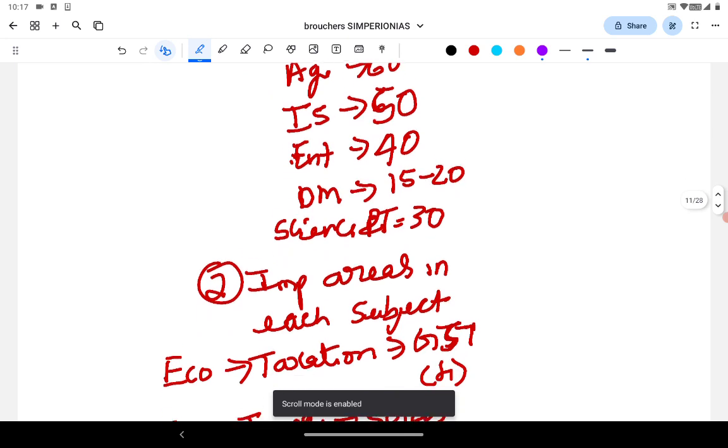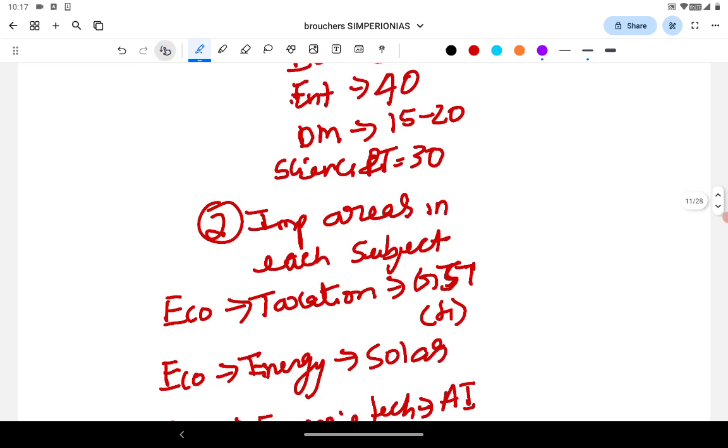Let's go to the second importance of the PYQs. They help us to understand what the important areas are in each subject. Let's take economy, and in that, one of the topics is taxation. In that, they have asked about GST 4 times in the last 10 years. So whenever GST is in the news, if any major developments happen with regard to GST, you can expect a